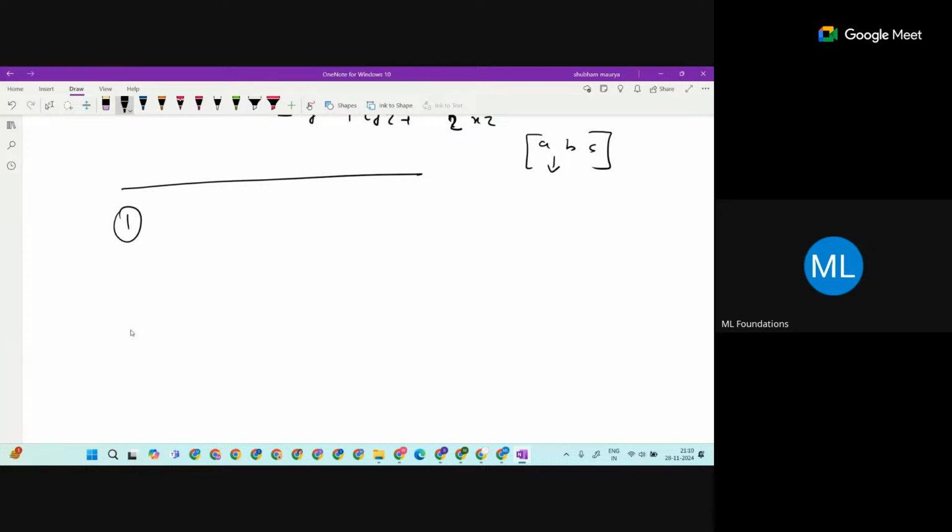Even in the 2 variable case, I don't know what context-type problem, I'm not able to create one right now, but it could be given as a 2 variable function, okay? Let's say, for example, 3x square plus 2y plus 3xy, or let's say minus 3xy, and I want to find the maximum value of the function. So this is an unconstrained optimization.